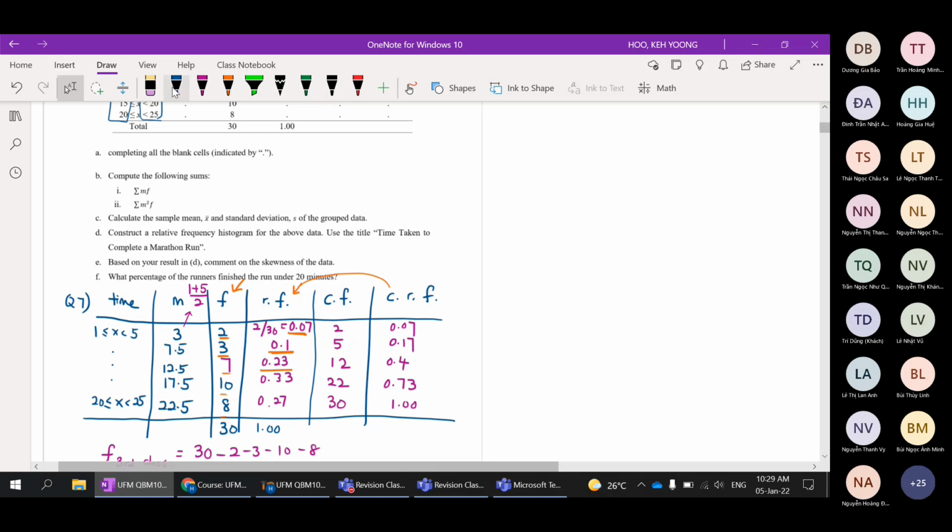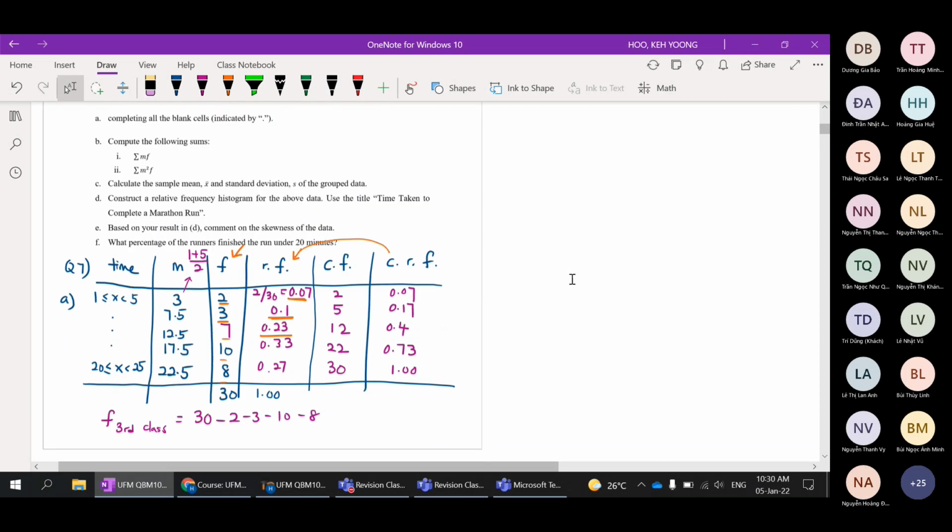So this is the answer for question A. Next, compute the following sum. Calculate the total MF, total M square F. So for this,